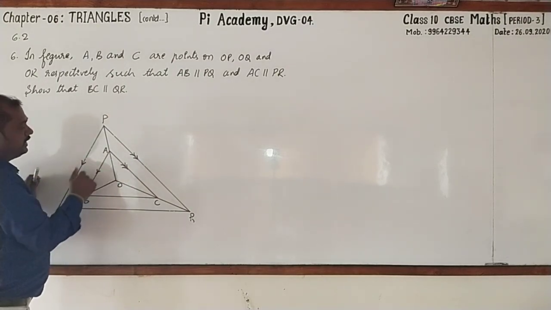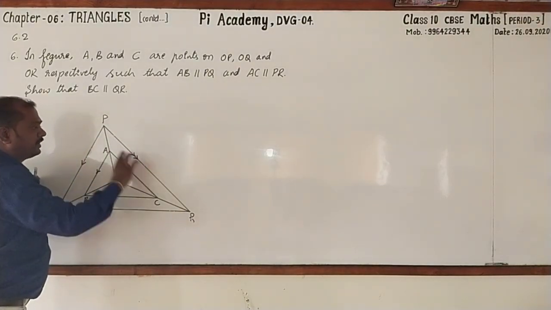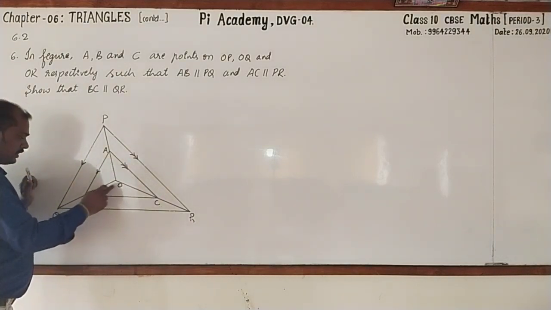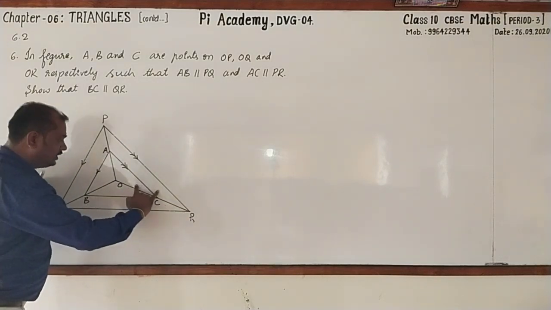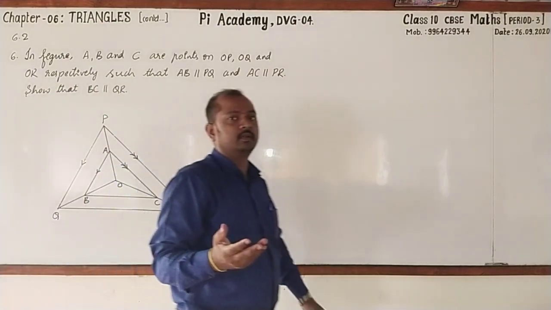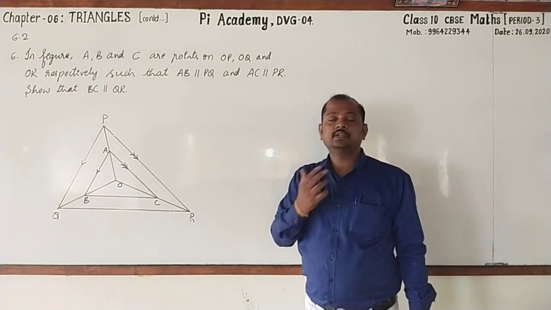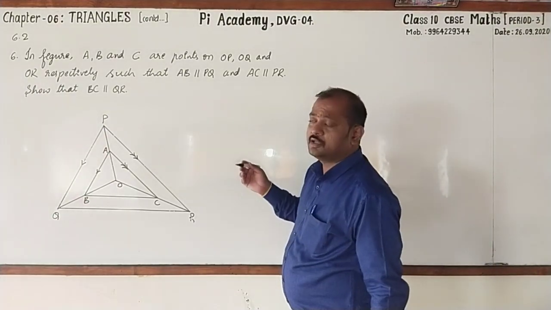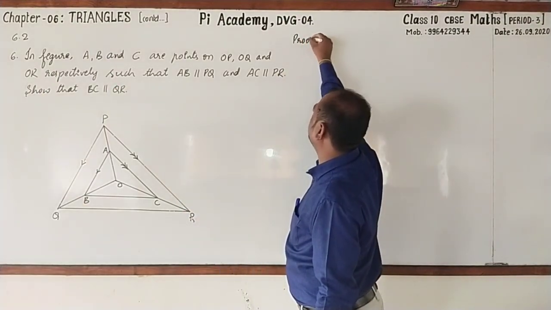Followed. Similarly, in the next, POR, in this, these two sides are parallel. Again, this ratio is equal to this. By using both the statements, we can write OB by BQ is equal to OC by CR. As these two ratios are equal, by converse of BPT, BC parallel to QR. Is it not simple? And do remember, it is also important from the examination point of view, can be asked for 2 marks. Yes. Pausing the video, copy this, then after that start writing the proof with me.